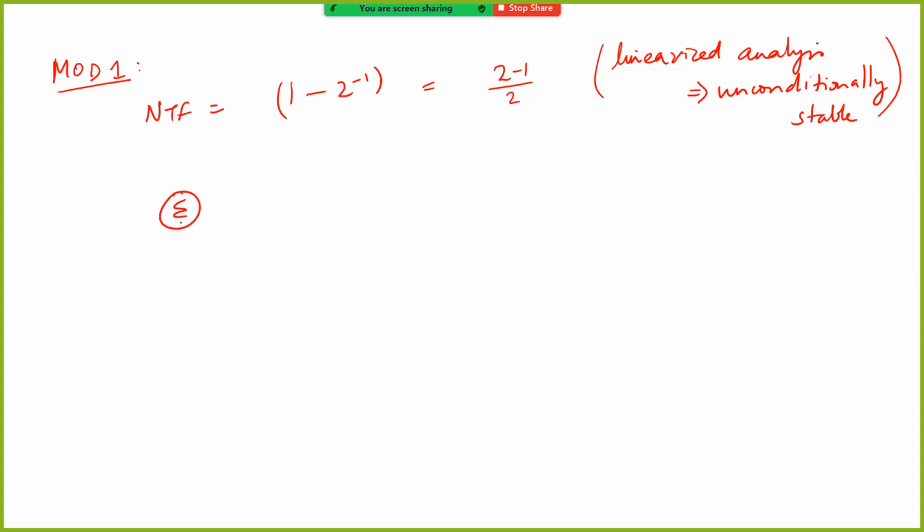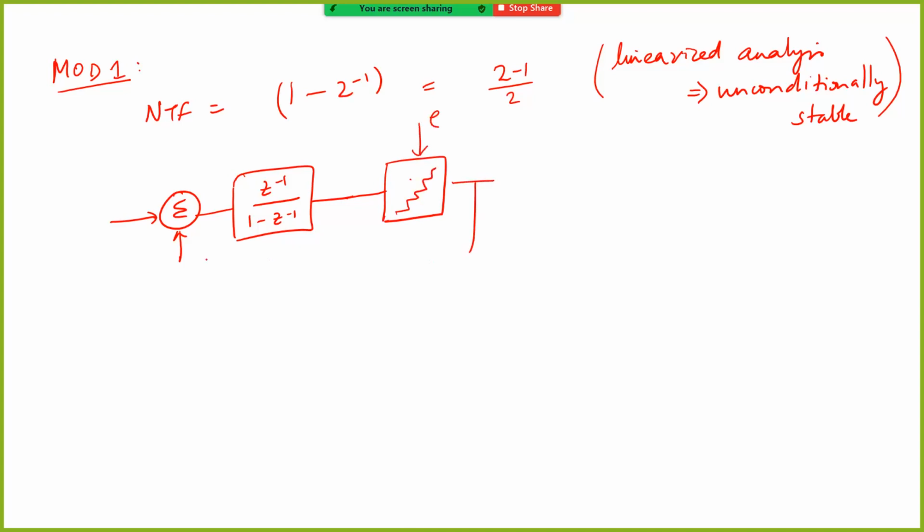So I'm going to draw another popular version. I looked at it in the last class also. We put the Z inverse here, right? And this is our quantizer, right? So basically this is where the error gets added, right? And this is our, let's call it U, and let's be a little more consistent. Let's say this is Y and this is V, right? U is the input, V is the output, Y is the input of the quantizer, right?